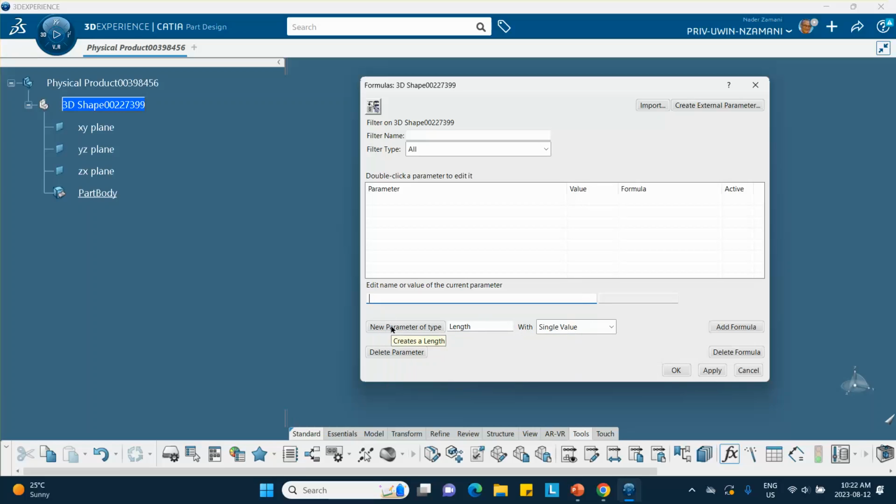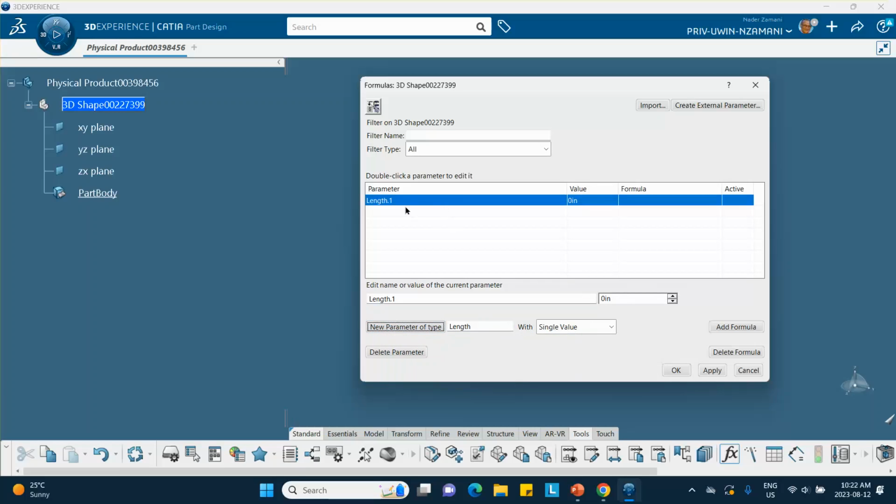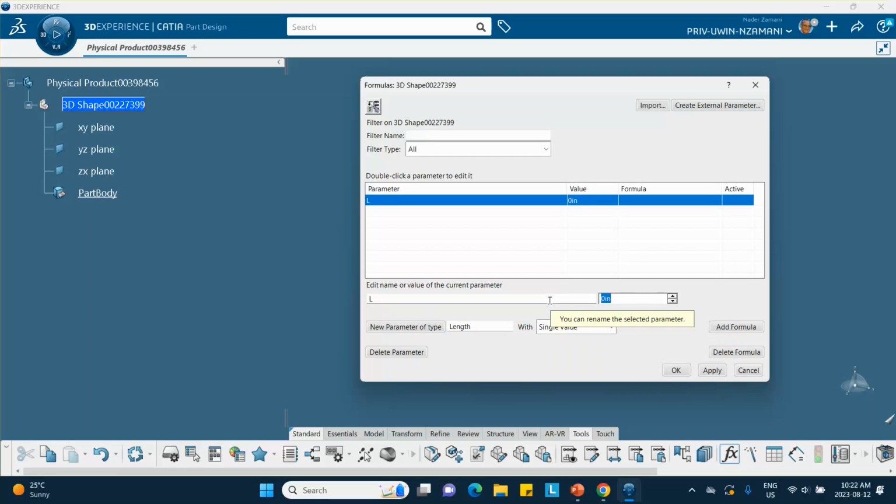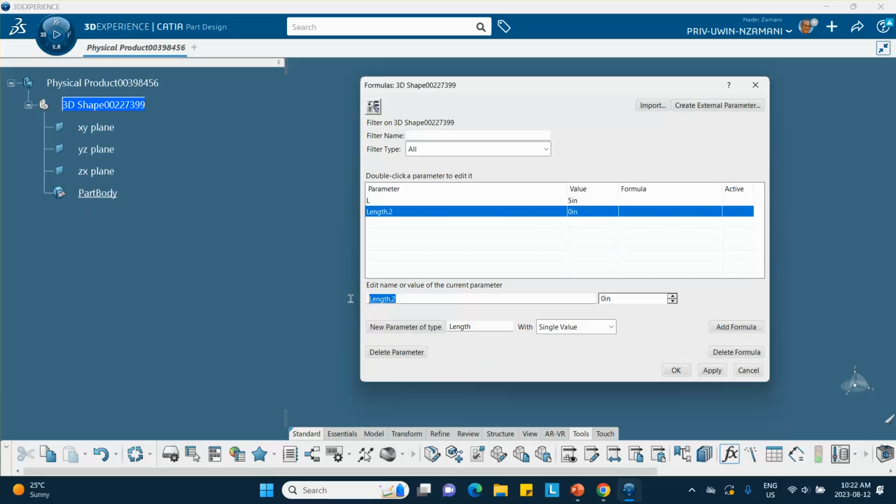So I'm going to click on this, new parameters of type. You see, it didn't this time, it did it that time. So I'm going to call this thing L, and my dimensions are in units, my units are in inches. So let me make this thing, I don't know, 5 inches. Another one, this is going to be R. It's going to be the radius of that circle on the top. I'll make it 0.5,